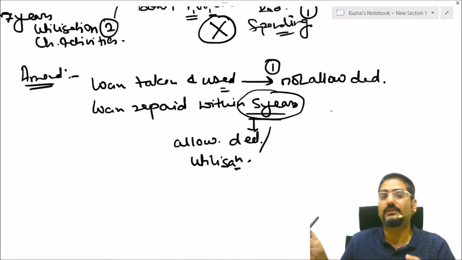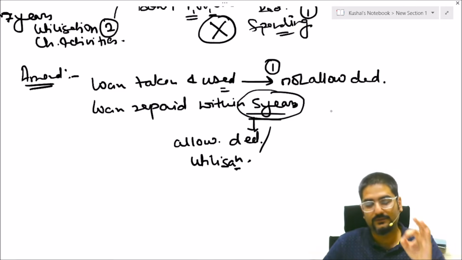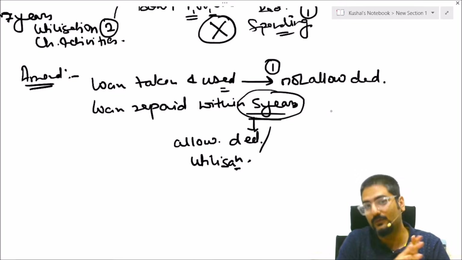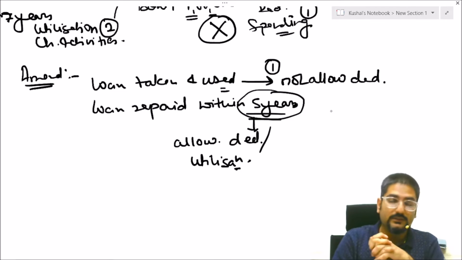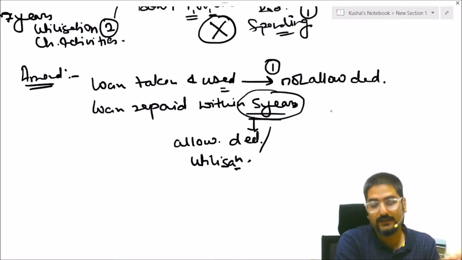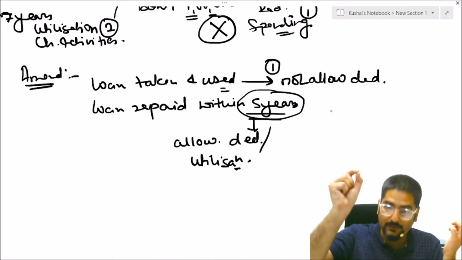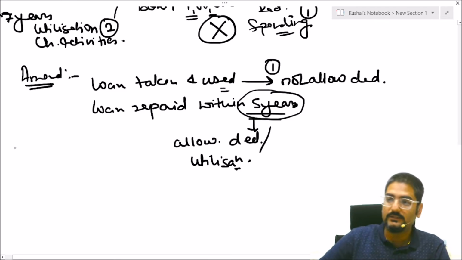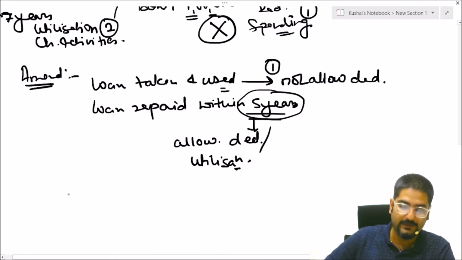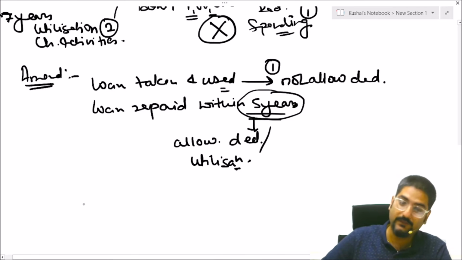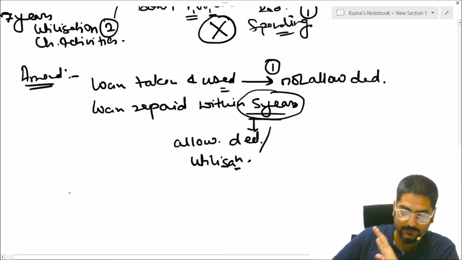That if any trust obtains a loan and utilizes it for charitable activities, then utilization is not counted at that point of time. Utilization is counted when? Utilization is counted when the trust makes repayment of that loan, and the repayment should be done within the period of 5 years from the date of loan taken, right? So this is the condition that has been in this amended law, amendments proposed in Finance Bill 2023, effective from assessment year 2023-24, right?